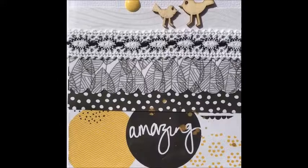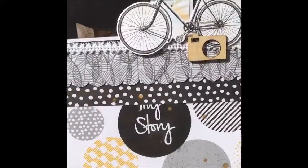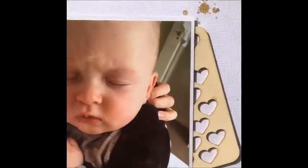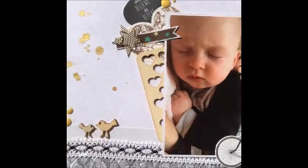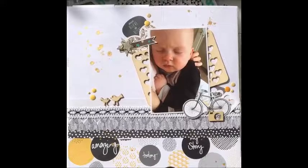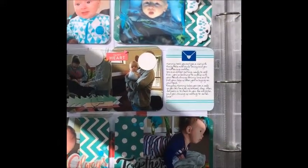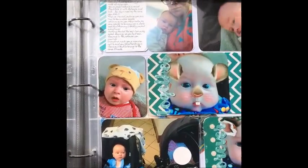I loved this layout. I was really happy with this one, using up the ribbon. And I actually did a video for this too. This is a Stash Busters video, so if you're interested in having a look at the ribbon video, that is this one. And that wood veneer was a bit tricky to use as well. And then this is my PL page. I only did one Project Life spread,